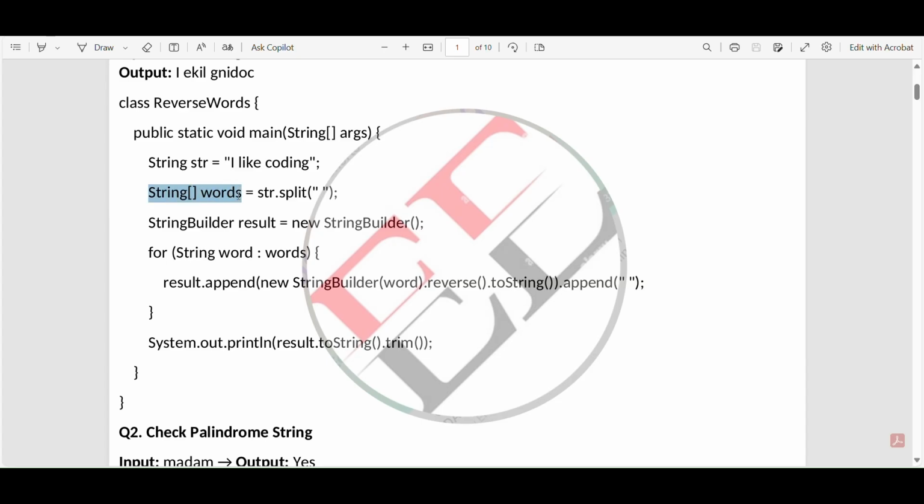String words is also another variable named words. This is not a string, this is an array, because we have square braces here. So this is an array where we are splitting that string with the spaces, right? It means "I like coding" will become, let me type here, with this line: